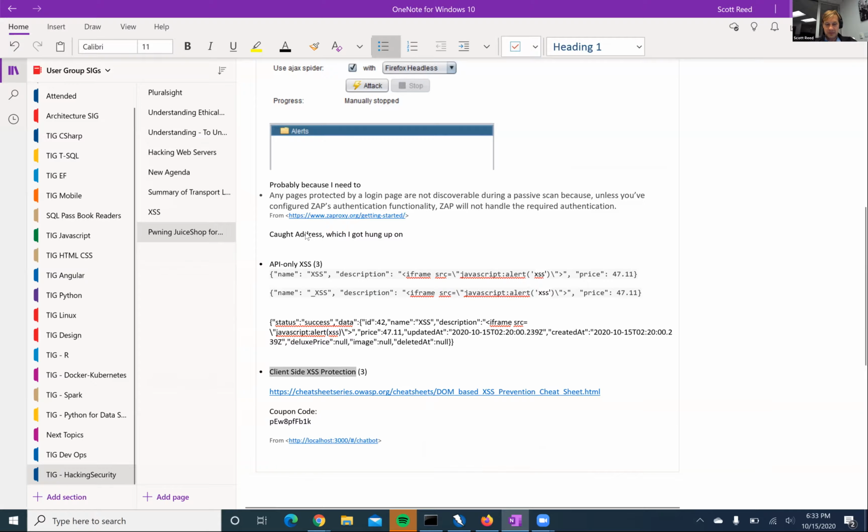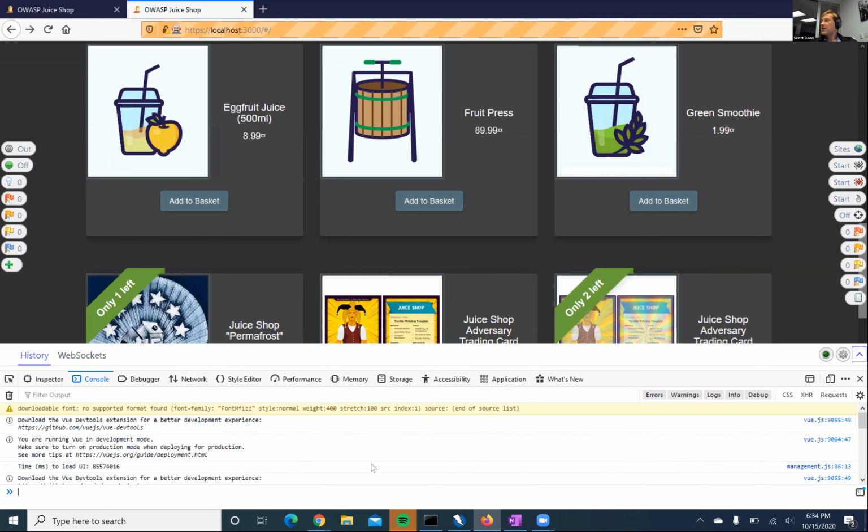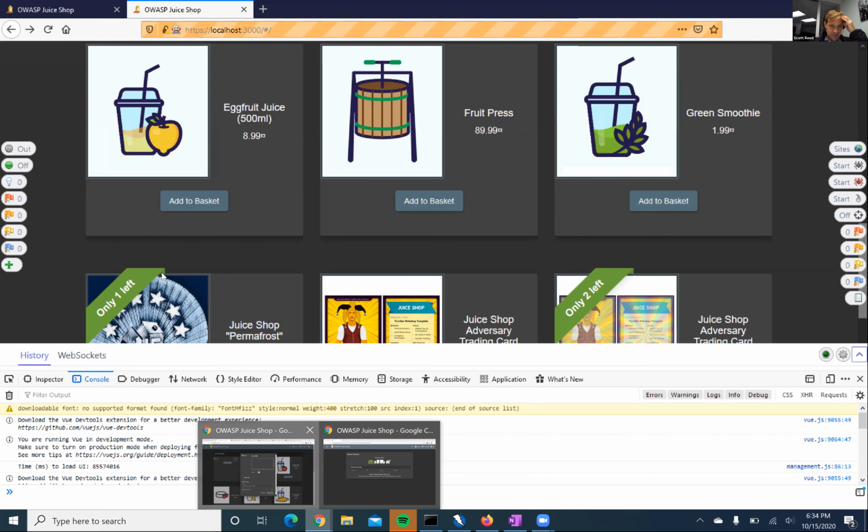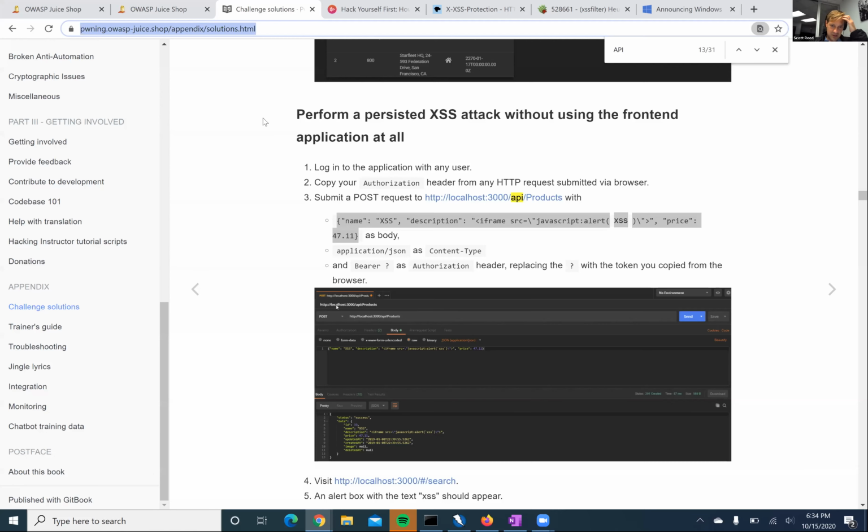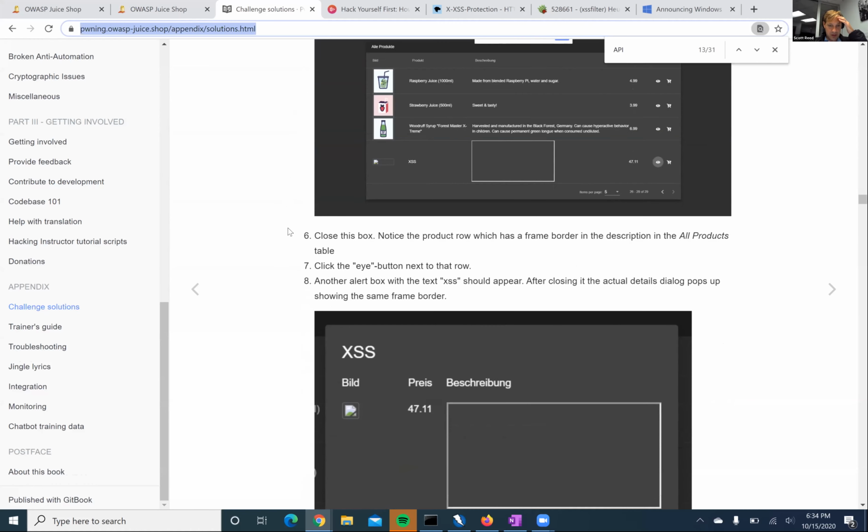And hold on, which one was this? This was also persisted. Trying to remember. That's the backend one.